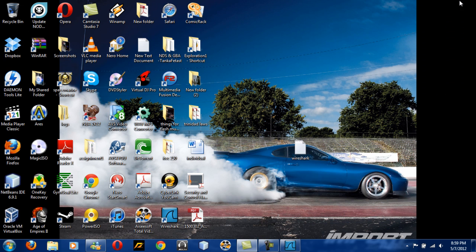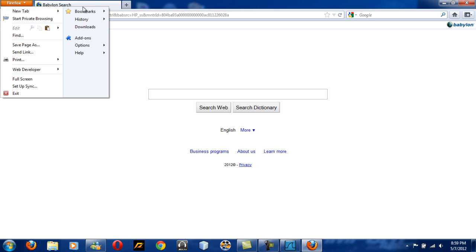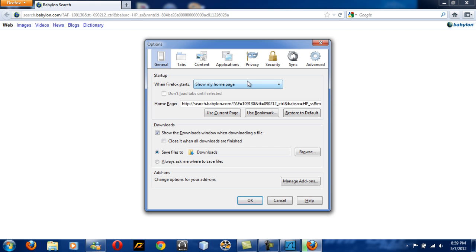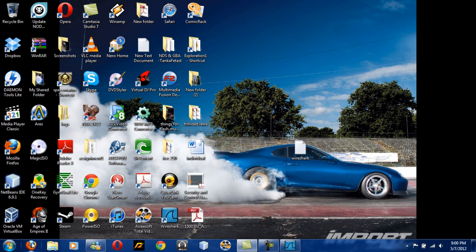I'm going to close my browser, and you see this comes up, right? Search.babylon.com. So to take all this, so you can get a blank page, so you can use your HTTP, because when this search browser comes up, packets start to come through, and you don't want to do that. You want to start from a blank page so you can capture the first packet. So I'm going to select show a blank page. I'm going to click OK, and I'm going to close it, and I'm not going to open my browser again,